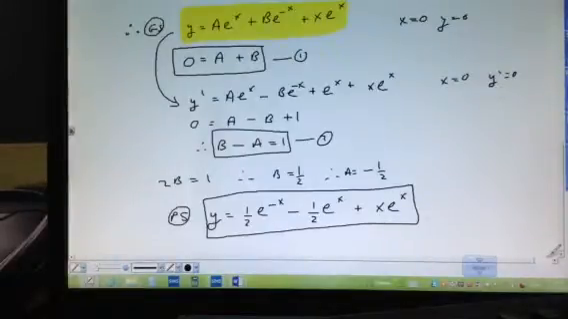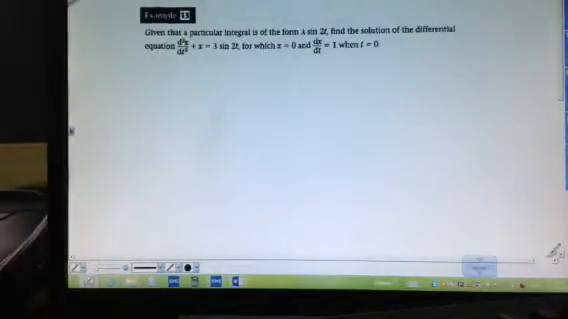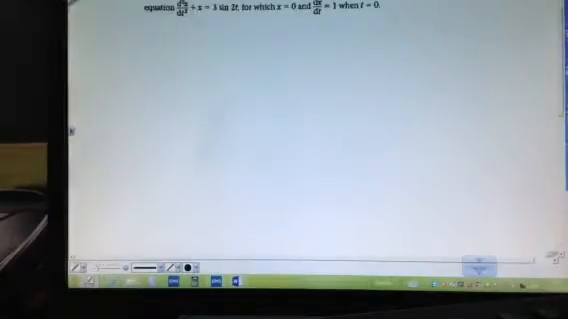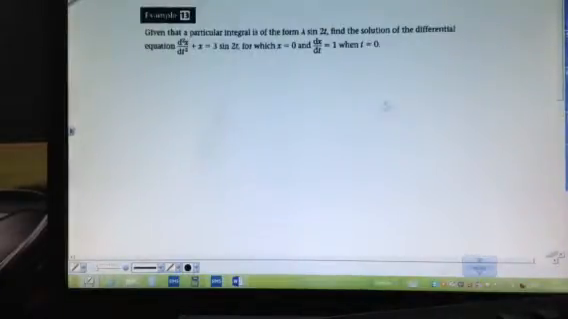Right, over the page. It says, given that a particular integral is of the form lambda sine 2t, find the solution of the differential equation for which x equals 0 when dx by dt equals 1 and when t equals 0. Now I always find this awkward to do because x is your y and t is your with respect to variable. Okay, so be careful how we go ahead and do this. So given that the particular integral is of the form of that, find the solution of